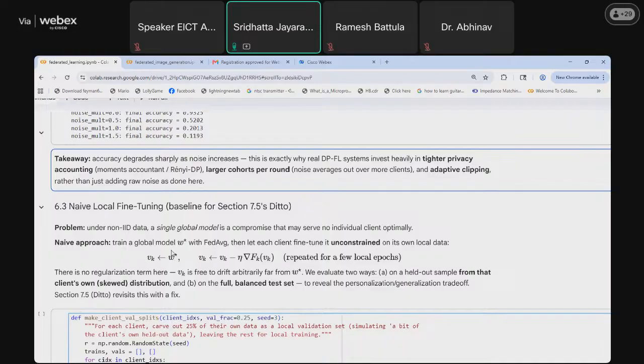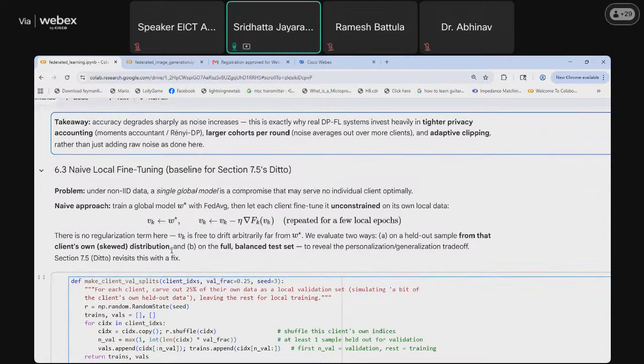So what is done is, firstly, the federated algorithm is applied, and after all the rounds have happened, the server model is shared with all the clients. Then a fine tuning is done at the end. This model is trained again on each client's data, and this training creates a different personalized model for that particular data.